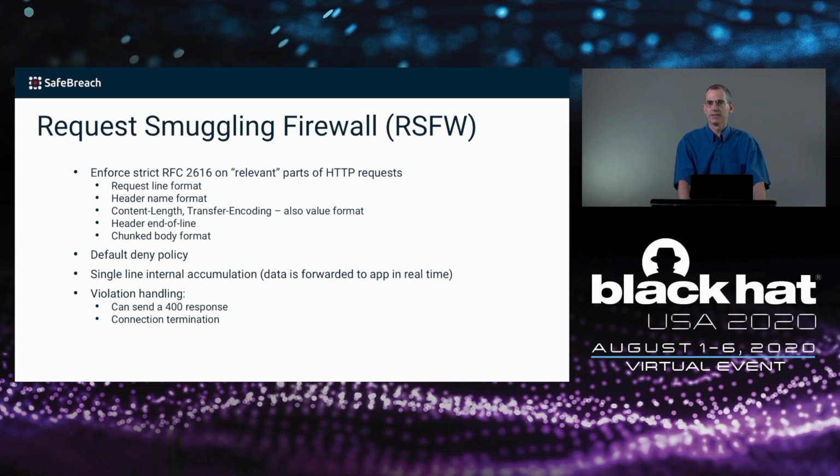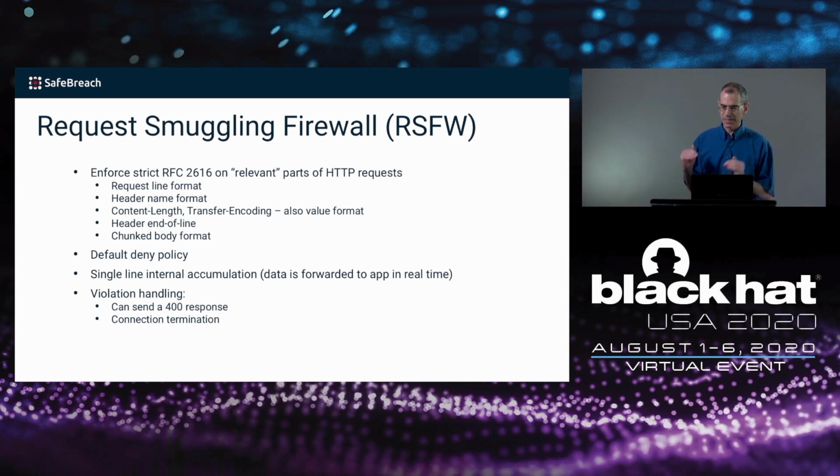It operates with a default deny policy. It only buffers a single partial line internally. It always sends the data immediately to the application, to the web server, but it buffers a partial single line,